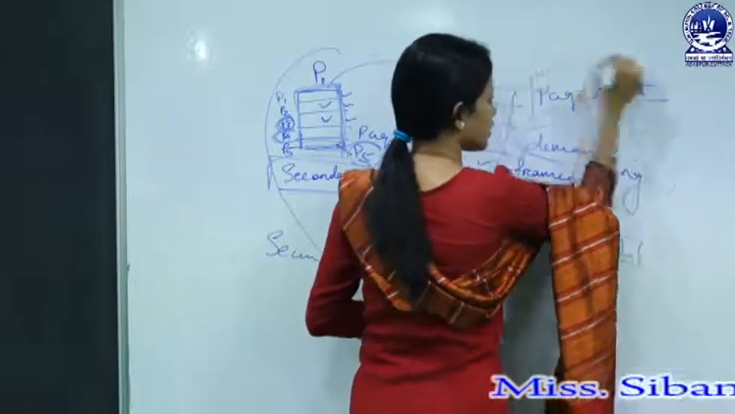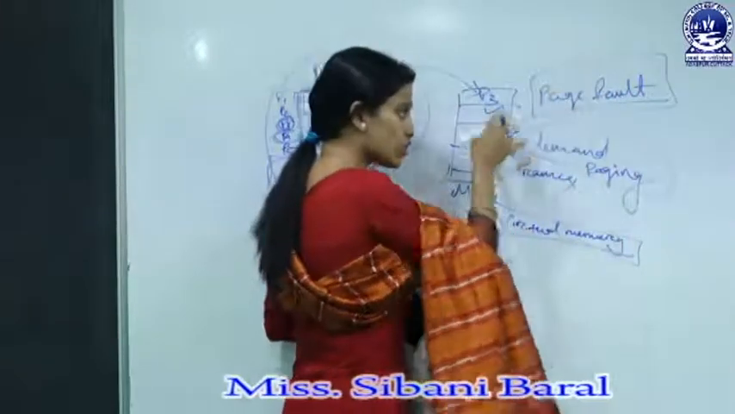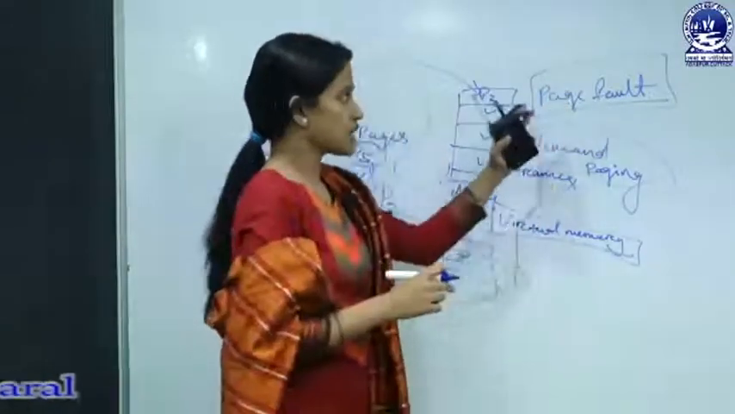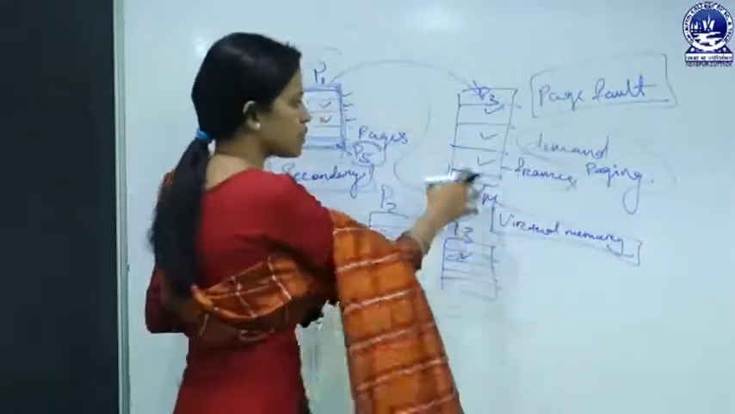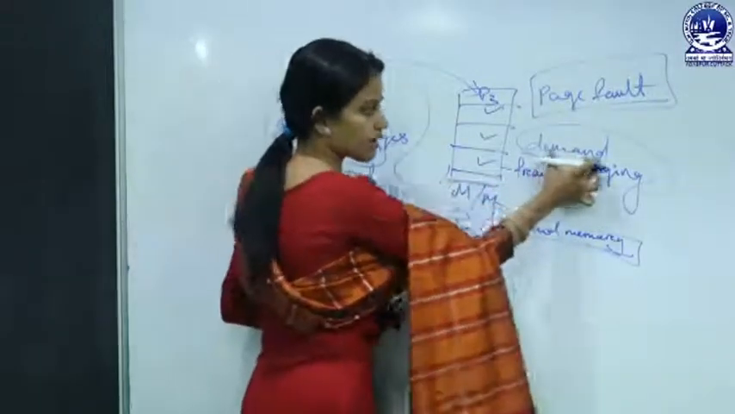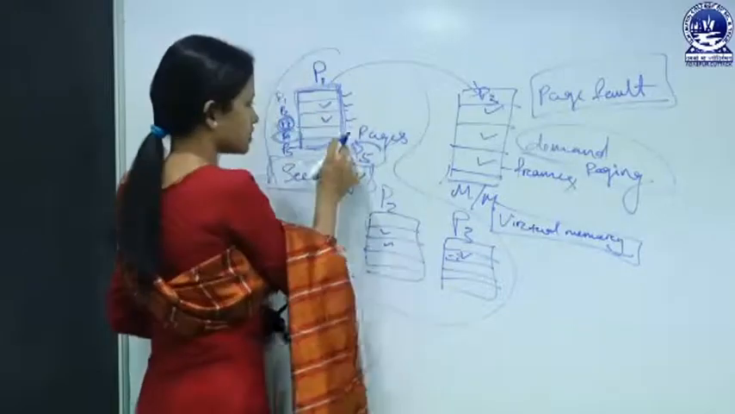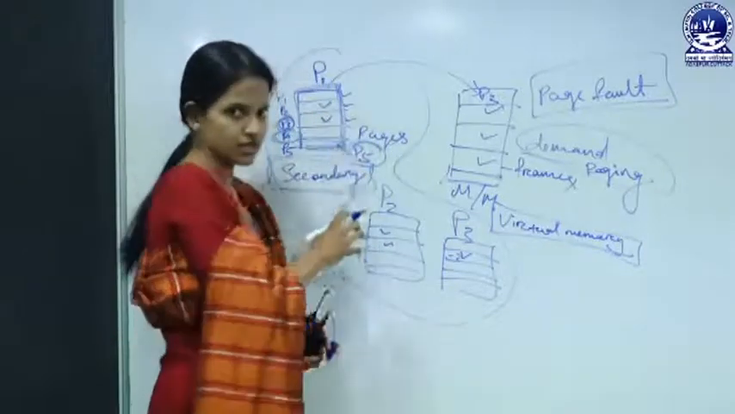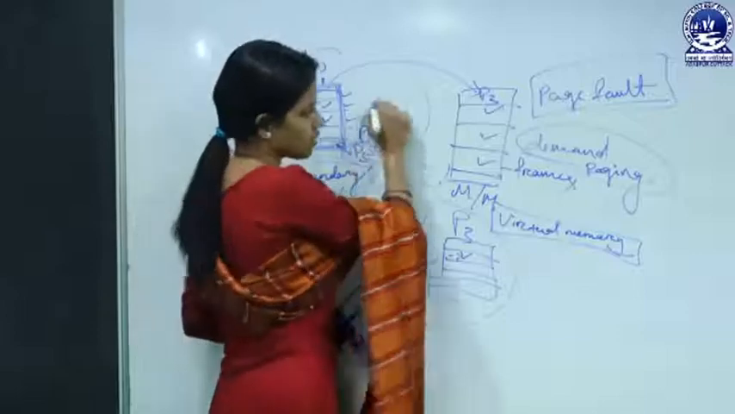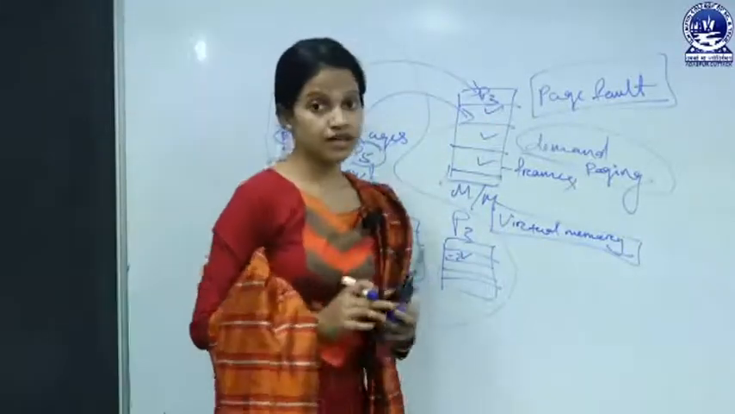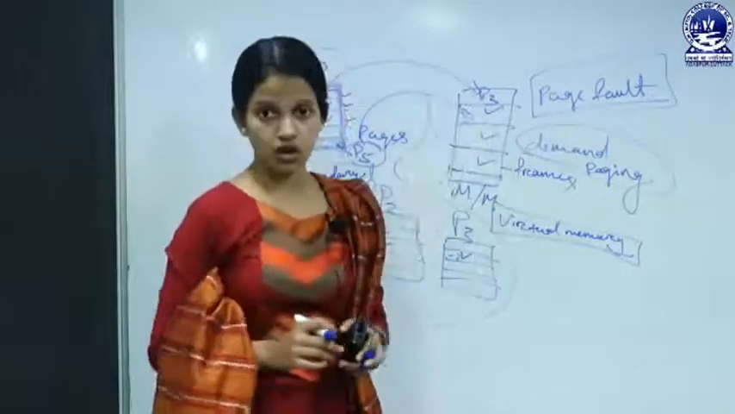Page fault. If the required page is not there in the main memory, then we can say that it is a page fault. If a page fault occurs, then main memory requests or demands the required pages to be executed, and if those pages are in secondary memory, then they will go and be assigned to the main memory. Fine. But if the main memory is full, then